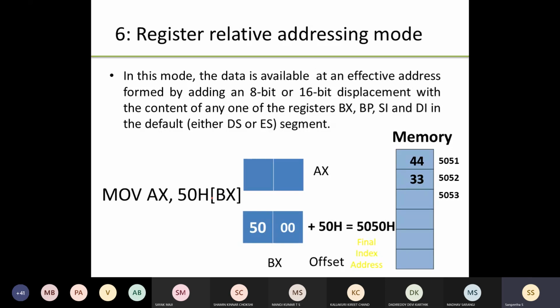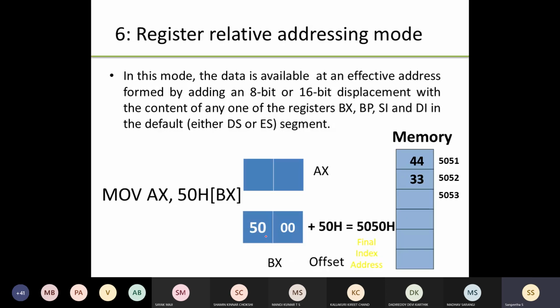You have to add this BX with this offset address, that is 50. Sorry, this offset address will be added with this numerical value, either 8-bit or 16-bit content. You have to add the offset address present in this register along with this 50. Say for example in BX you have